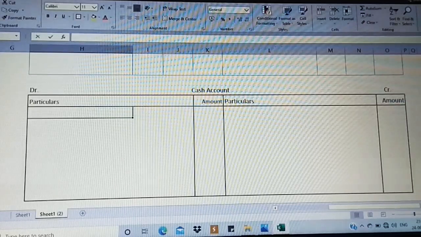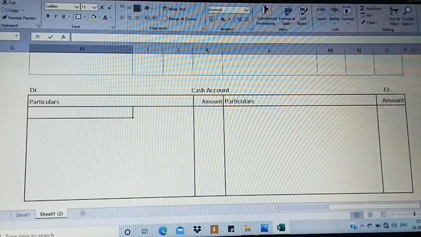So in today's video we are going to see how we are going to prepare the cash account which is left out. So only cash account and balance sheet are the remaining accounts to be prepared in case of admission of a partner. So in the previous video we had come across the revaluation account, goodwill account and partners capital account, right? So today we are going to see about the cash account, how to be prepared.